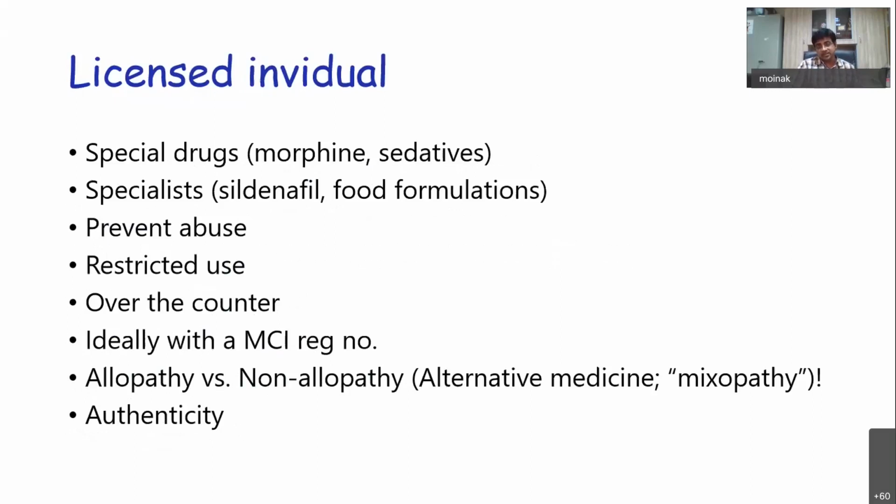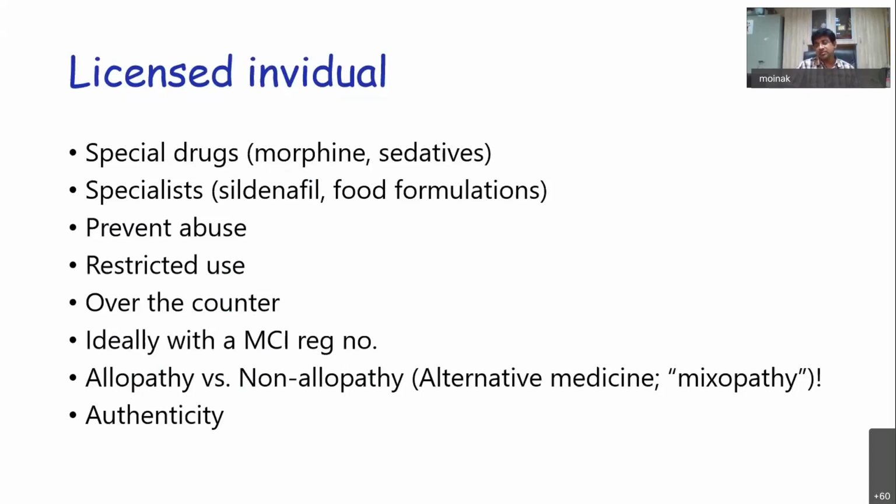It has to be by a licensed individual. By licensed individual, we mean either the drug is very special or the doctor is very special. Now, there are some professions where prescription is not required at all. For example, if you are a pathologist or a microbiologist, you don't need to write. But a physician, a surgeon needs to write, so you have to be very careful. Some specialists may order special drugs, like for example, a urologist can only prescribe sildenafil. But for example, if you take any other profession, maybe a gastroenterologist might not require to prescribe sildenafil.